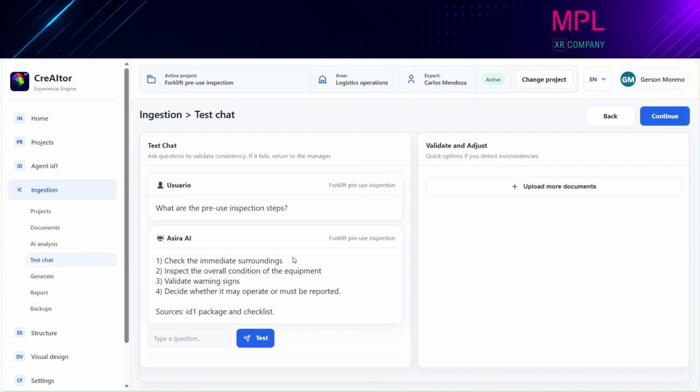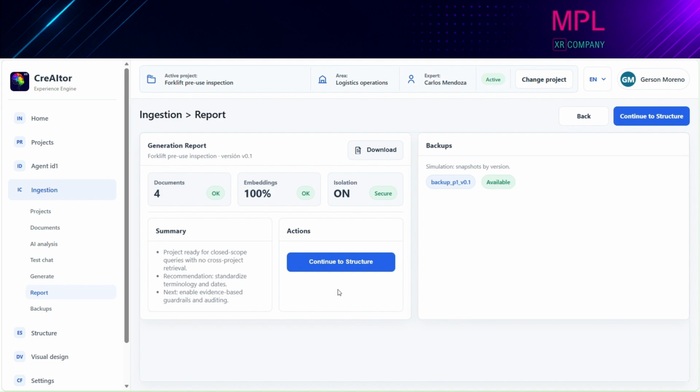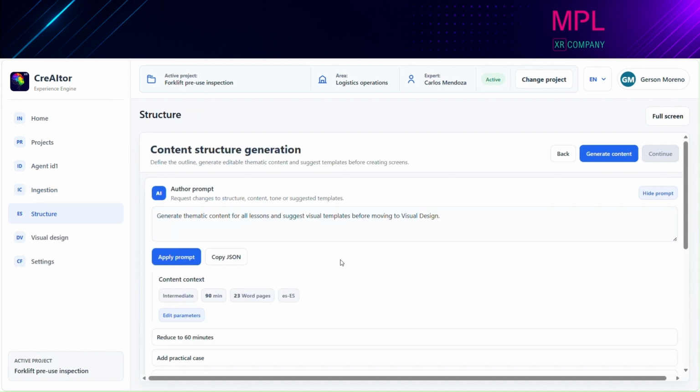At this point, the expert can interact conversationally with the AI and the knowledge that has been uploaded, in order to test responses, anticipate errors, and validate whether the documentation created is sufficient, with the option to feed the system again if needed. We then move on to structure, where CreAItor has already transformed the knowledge base into a suggested